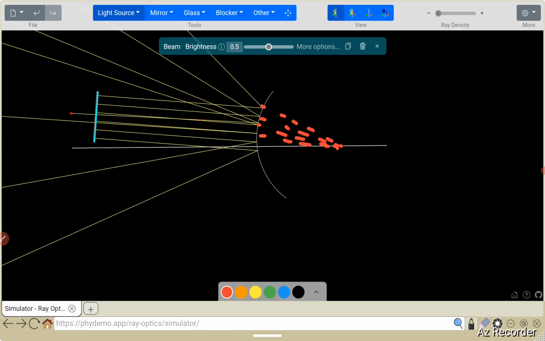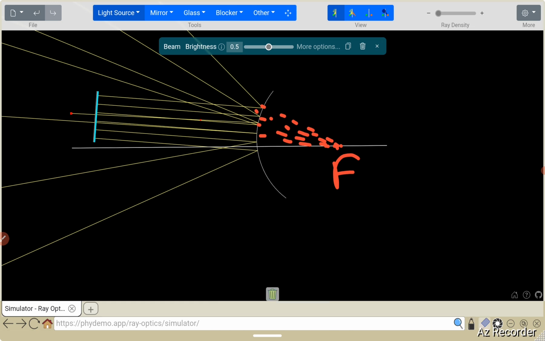Here appearing is required. So if this is the focus, when you have a parallel beam of light, it is showing you that after reflection they will be diverging or they appear to pass through the focus. Understood? Now the second ray rule is,